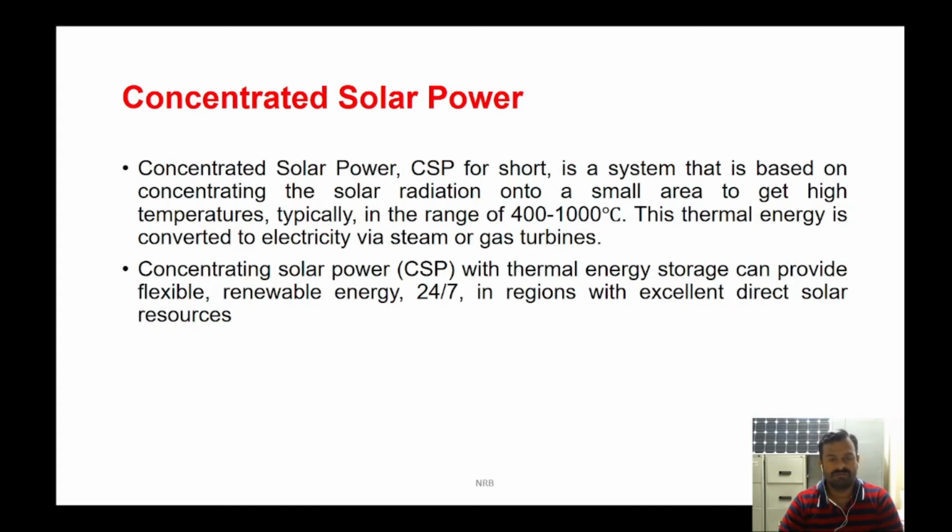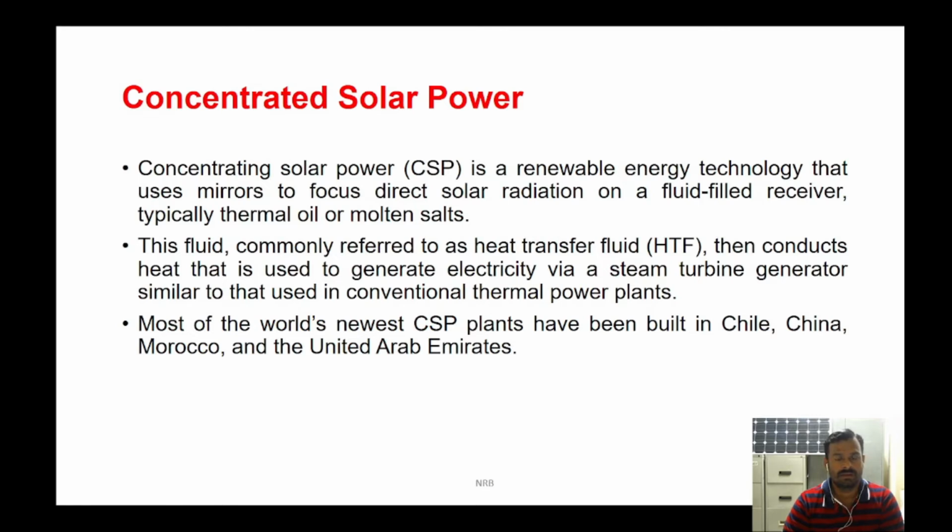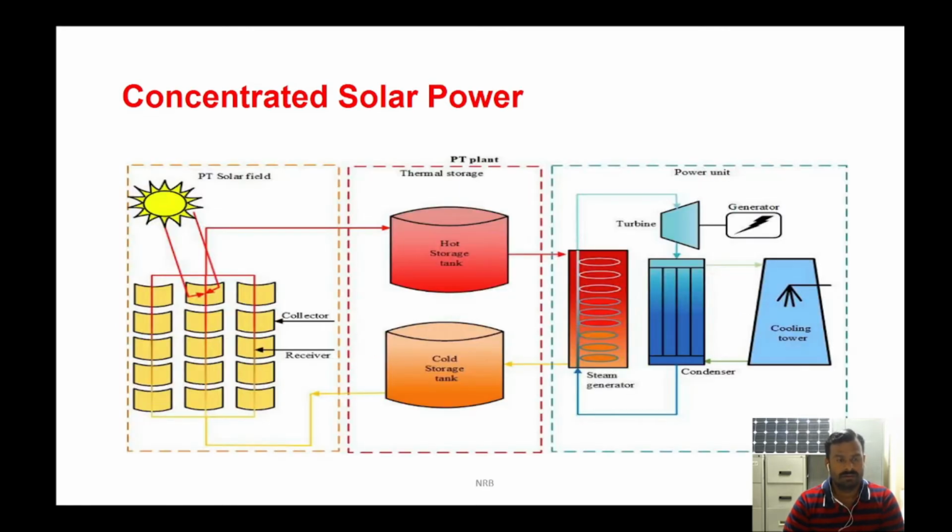In the process of CSP, we can reach up to 400 to 1000 degrees Celsius in the heat transfer fluid. So this heat which is stored, or which is obtained from these reflectors, we can use to produce electrical energy even when there is no solar irradiance. So we can produce electricity using CSP 24/7, where we have direct, good solar resources. Let us see